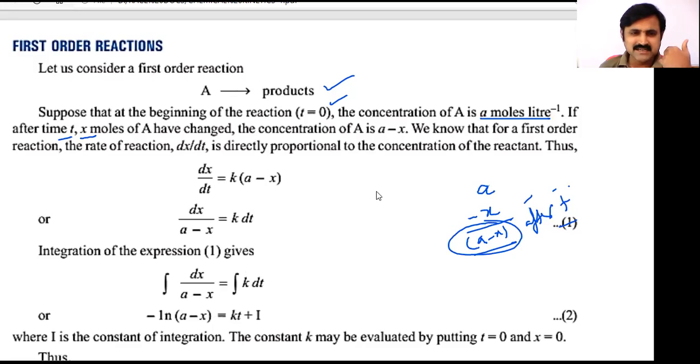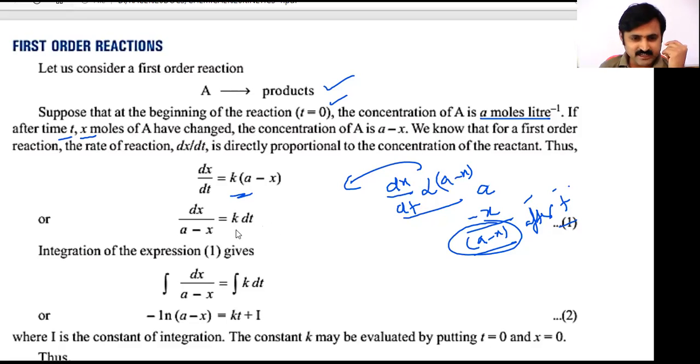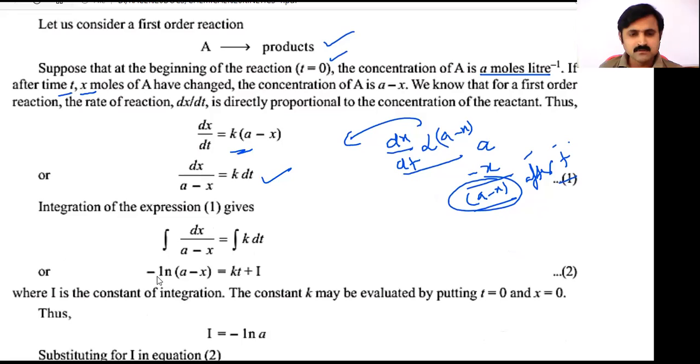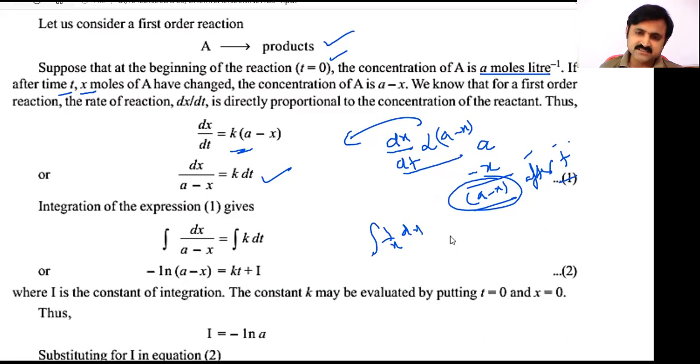So that's why you know that in a first order reaction, the rate of reaction depends on concentration. At that time interval, that rate is called dx by dt, which is proportional to a minus x. After that, putting the rate constant, it will become like this. So this is the point. After separating the variables, we got dx by a minus x equal to k into dt. After that, we applied integration for this, then integral 1 by x dx is ln x. So applying this, we got minus ln a minus x equal to kt plus I.